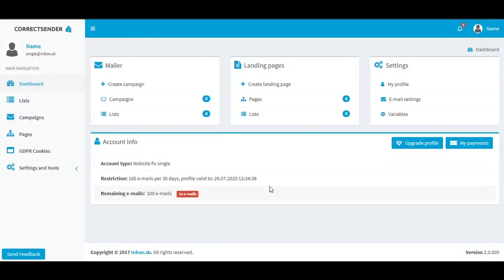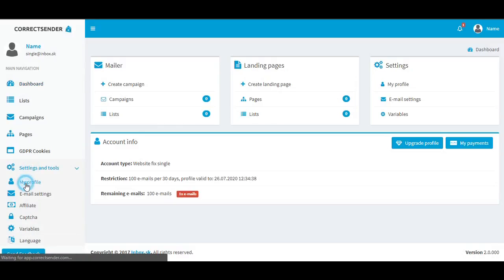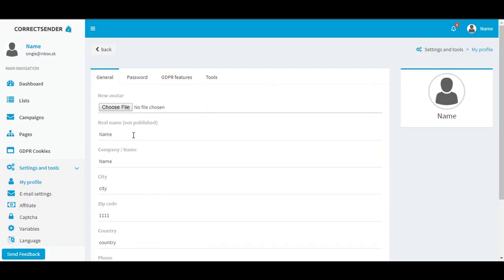This is the dashboard which you get after registration. The important menu for you is first of all settings and tools, my profile, and here it's necessary to set your profile. First of all, name,